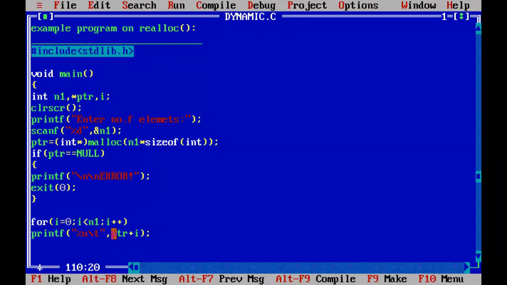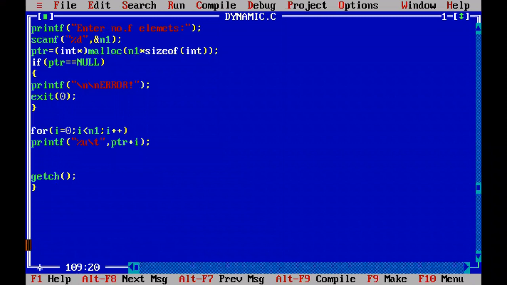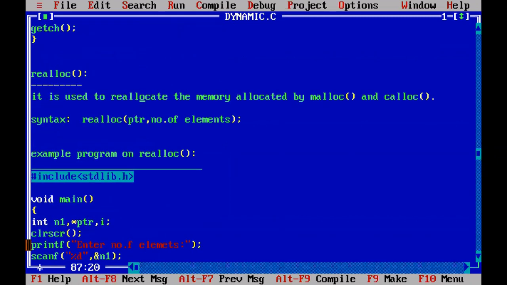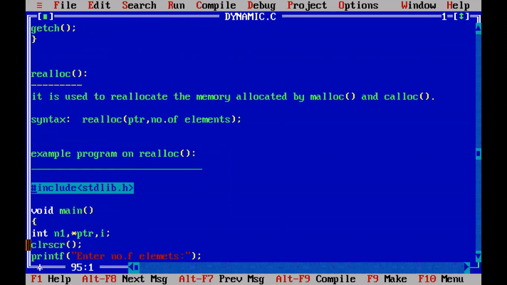If you write star here, then instead of addresses, each element value at the address is printed. But we don't want to print the element values. We want to print the element addresses. If memory is allocated for each element, 2 bytes are allocated. Now we are going to check whether 2 bytes are really allocated for 5 elements on the monitor, and put it in comment except all other things, and remove the comment here.